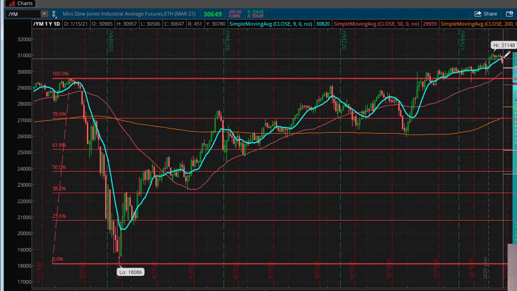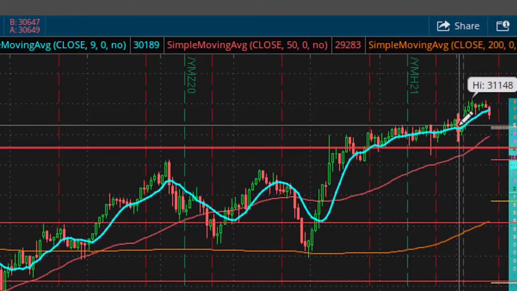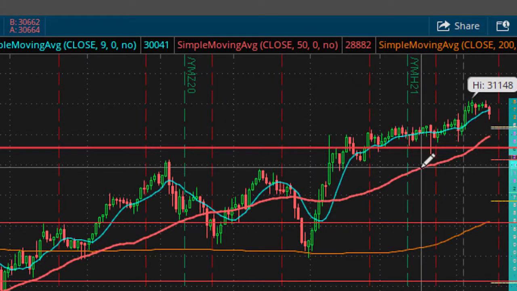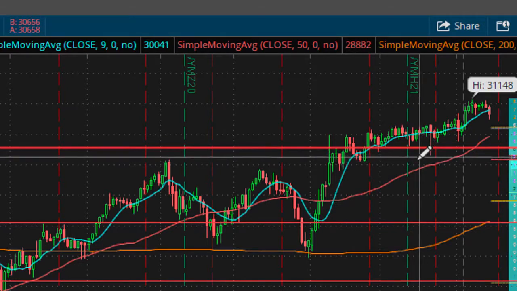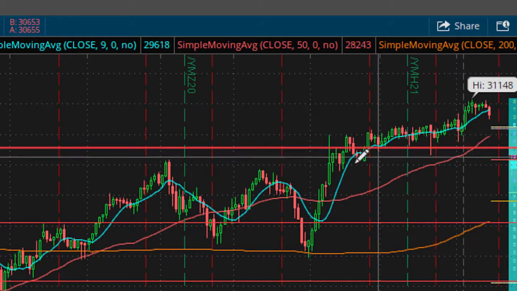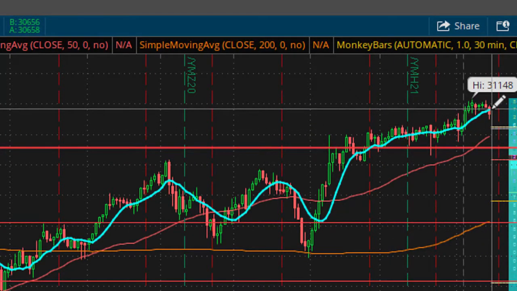Now, we haven't really had a real settlement. I mean, we did have a settlement here on the 4th of January, but remember, the 9-day moving average is a little bit of a lagger, and it didn't look like at that time that it settled below that line in the sand. We had actually settled above it. So we've been tracking right above that. Keep your eyes out for that today.